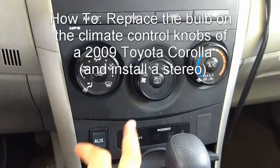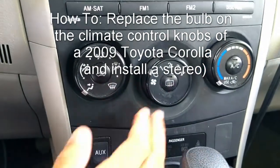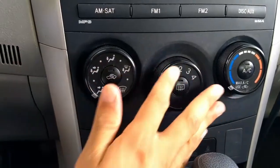Today I'm going to show you guys how to replace the backlight on this knob here. The bulb went out, and whenever it's dark you don't see any of the numbers here. So you can see here the light is on. It's kind of hard to see because it's daylight, but here the lights are off. And same with this one, lights are on. So first thing we're going to do